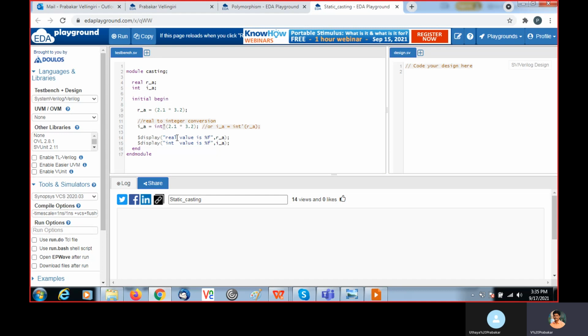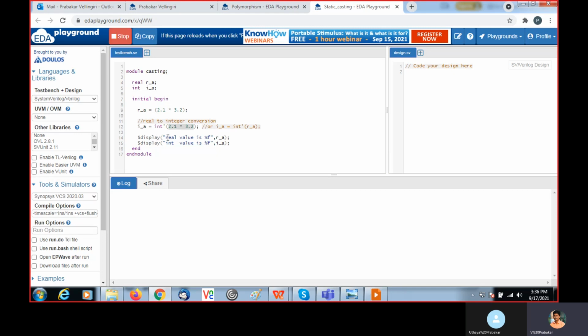This is a static casting. I am converting this real value, or instead of RA I can directly write 2.1 star 3.2, into an integer value, and I am assigning that value to IA.